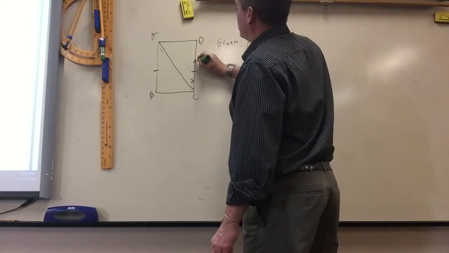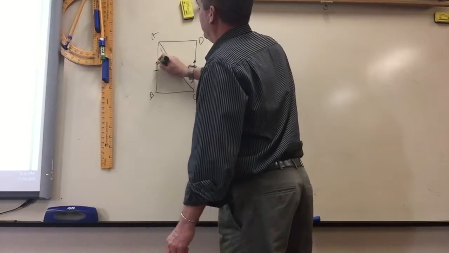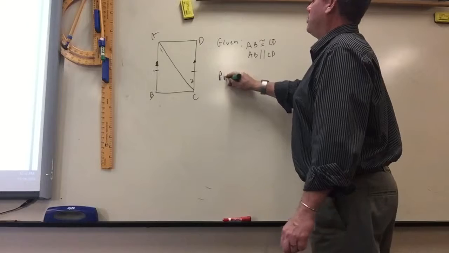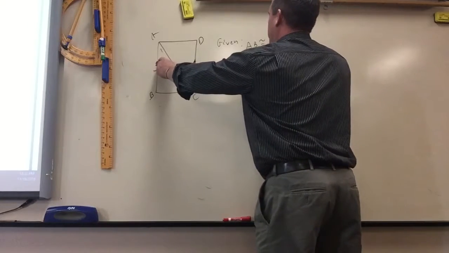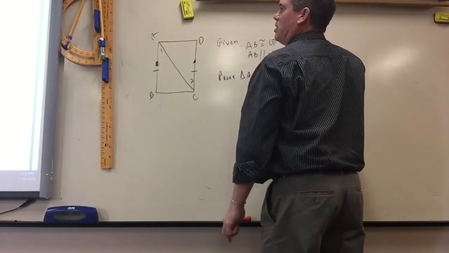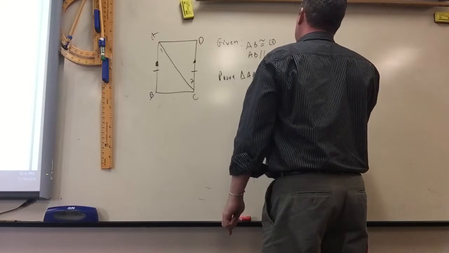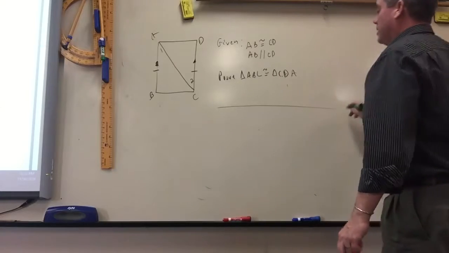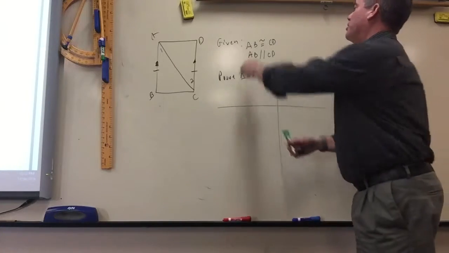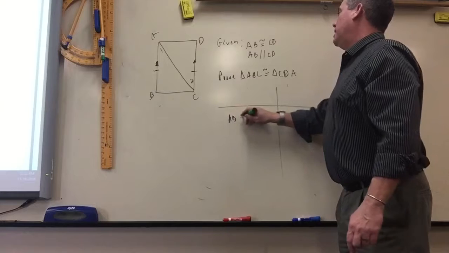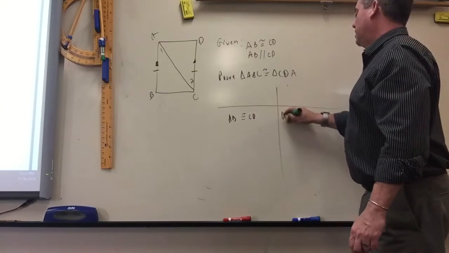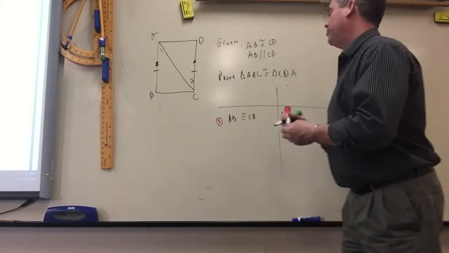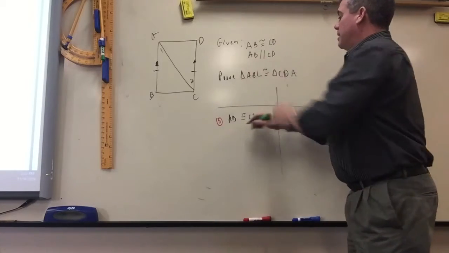So that means this line is parallel to that one. We're trying to prove triangle ABC is congruent to triangle CDA. So we can start off with our givens. AB is congruent to CD, given, and there is a side. Then the other given